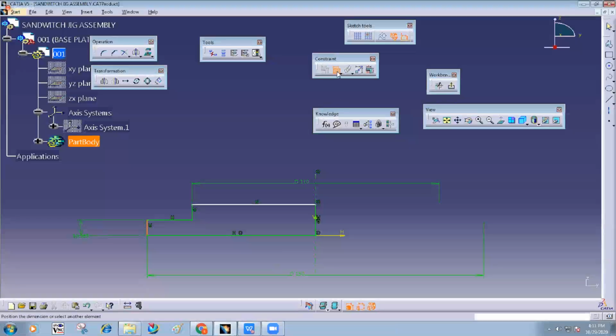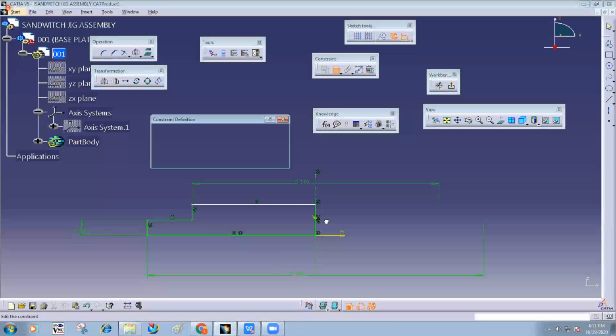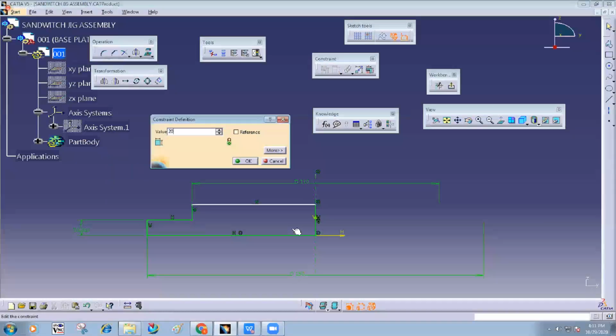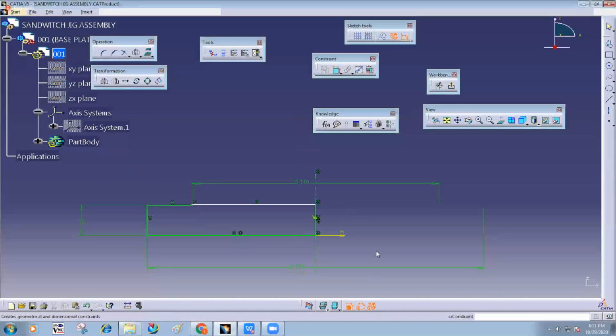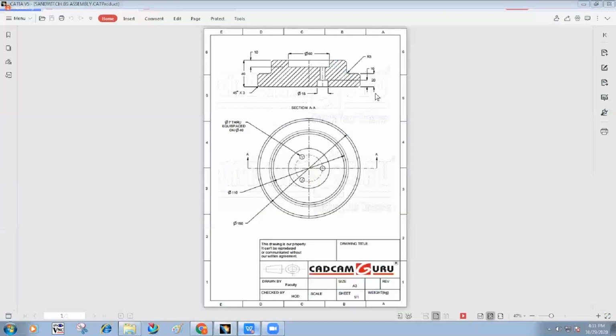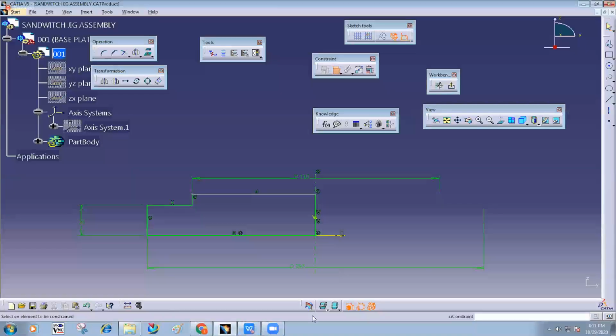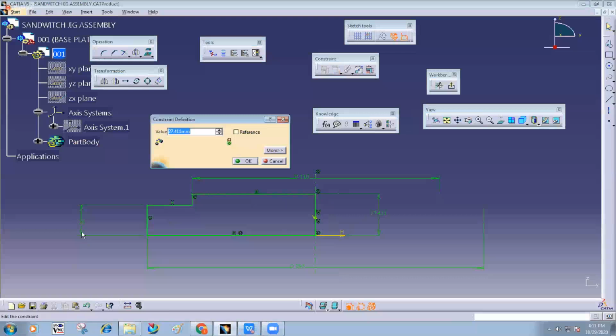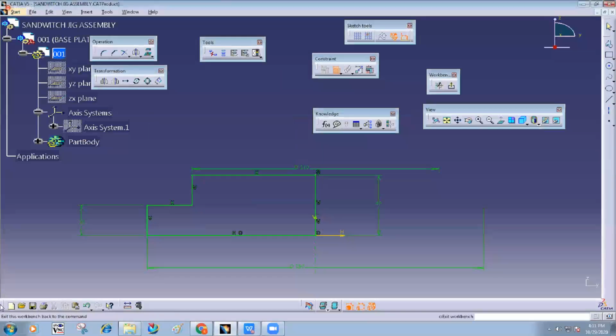So what I'm doing is creating the parts directly inside the assembly environment. Next, total height is 40. Okay, exit this sketch.